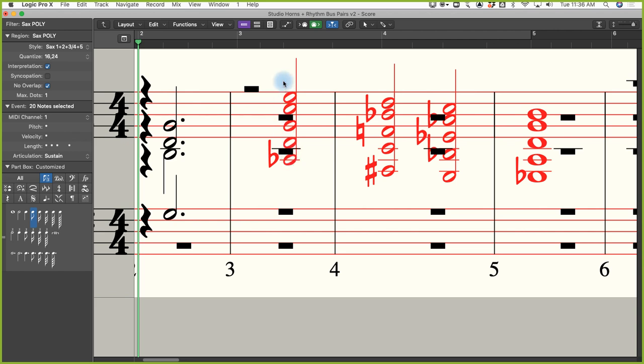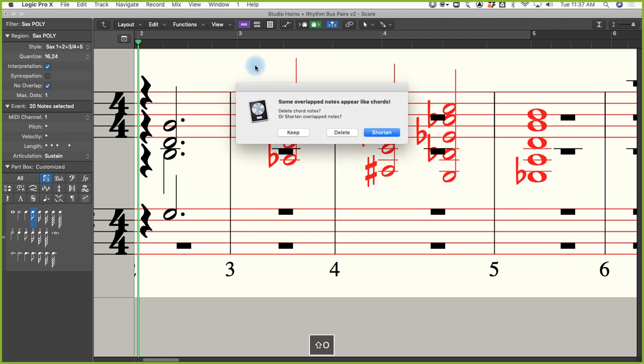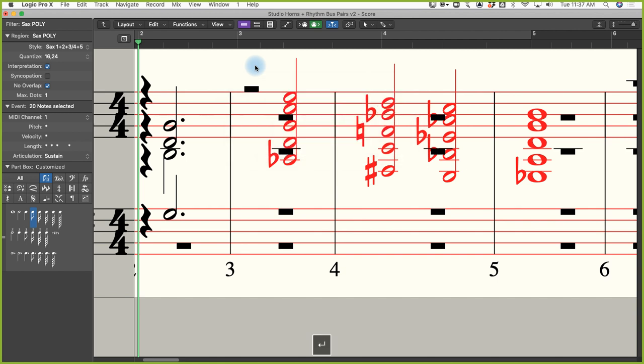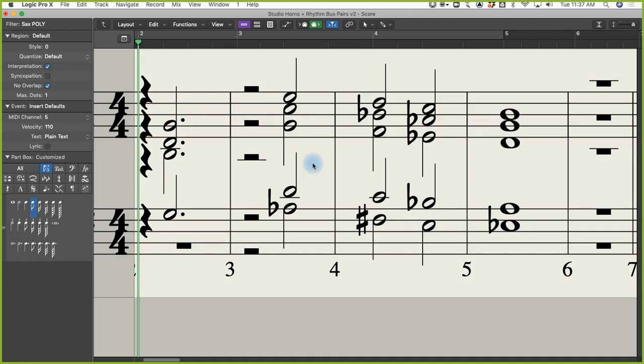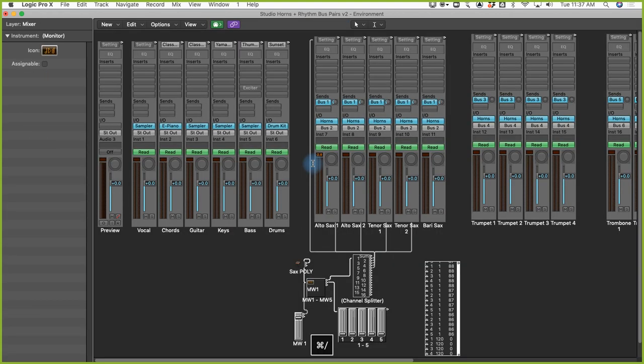And so now that I've got all those notes selected, I'm going to next do Shift O. That's to make sure that I didn't get an overlap of some kind. I doubt if I did, but just in case. So I got rid of any overlaps that might exist between these notes. And now I'm going to hit Option V, and you can see that they split channel 1, 2, 3, 4, 5, just as we set it up in the staff style. And now I'm going back here, and when I play it,